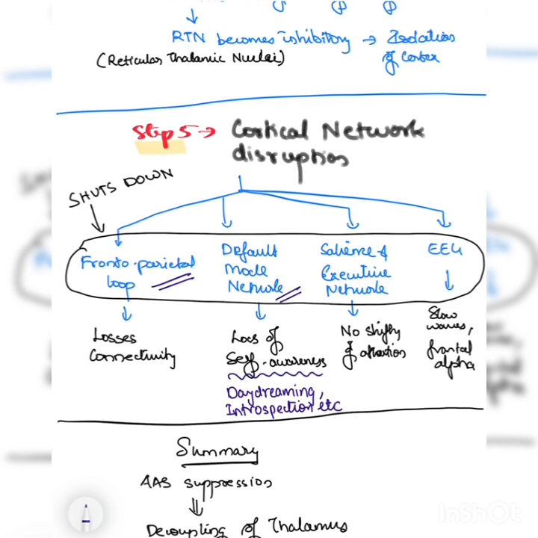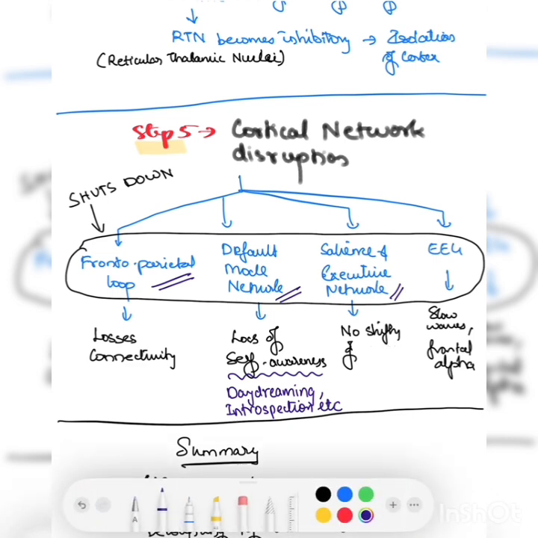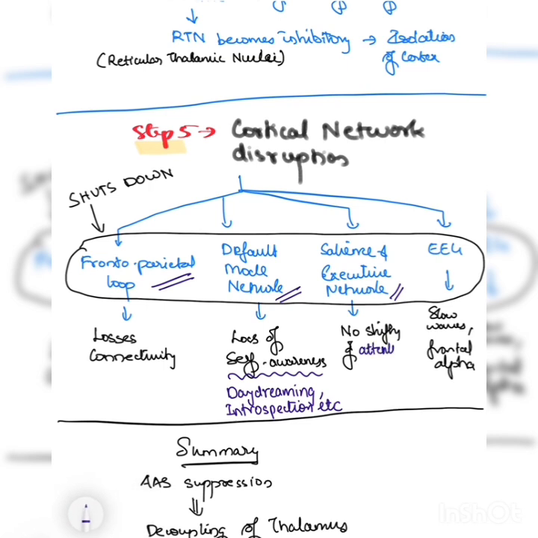Coming to the salience network and executive control network. These are two major brain networks that play a crucial role in cognitive control, attention, decision making, etc. The salience network is responsible for detecting and filtering important stimuli from the environment and internal states. So it helps switch between different brain networks, particularly the default mode network and executive control network. The executive control network, also called the central executive network, is responsible for goal-directed behavior, working memory, and